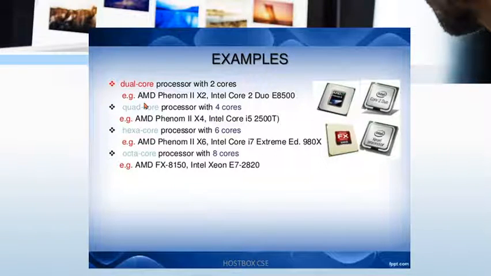So here are some processor examples. Here we are going to study only the general things about the processor, so it is common for most processors. Today processor examples are available in the form of dual core processors with two cores, shortly Intel Core Duo E8500, and also AMD Phenom II X6, and Intel Core i7 Extreme ED980X and so on. Processors like that will be there.